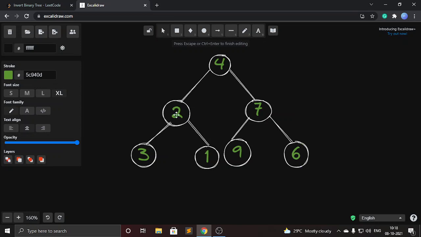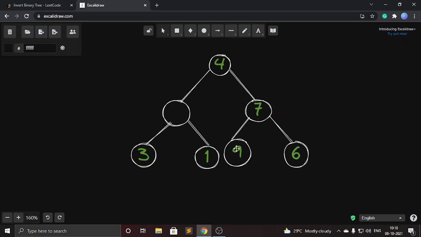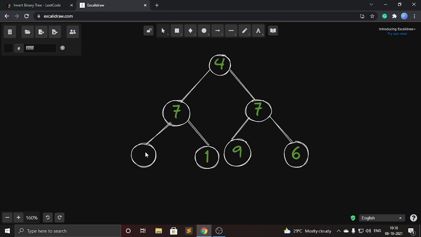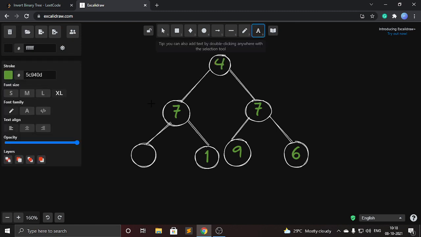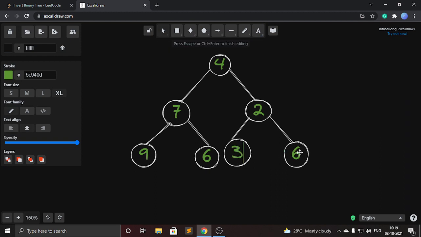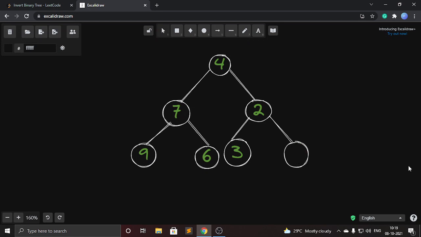So our final answer will look like this: left of 7 is 9, right of 7 has become 6, in the right of 4 is 2, left of 2 is 3, and right of 2 is 1.